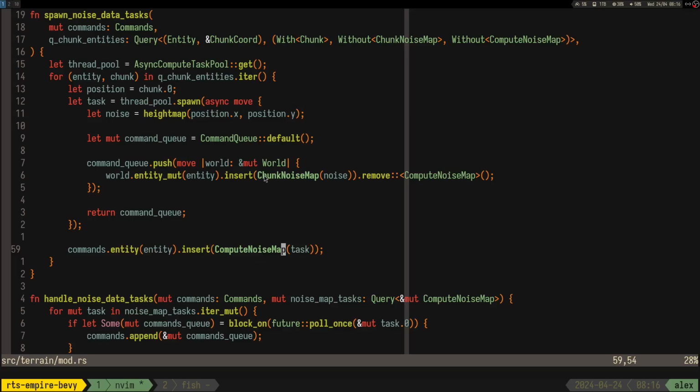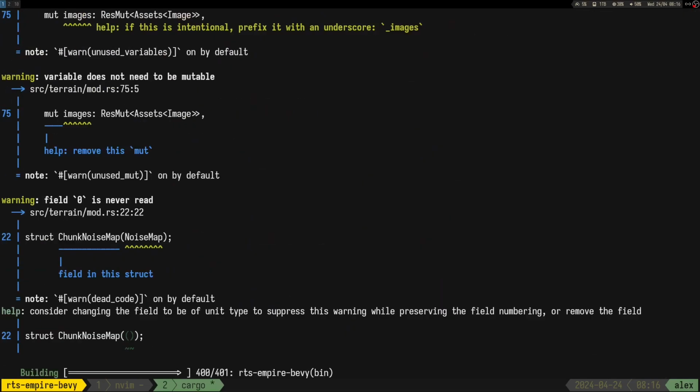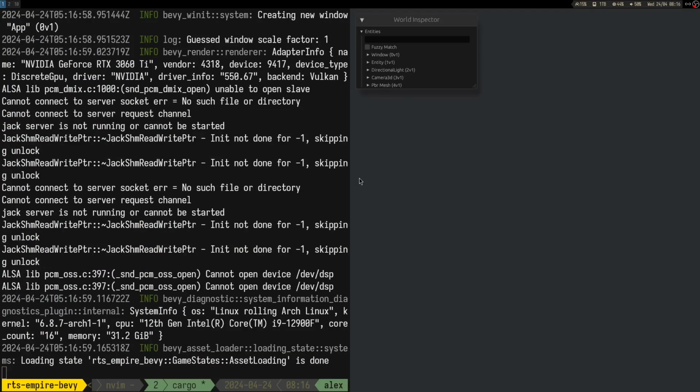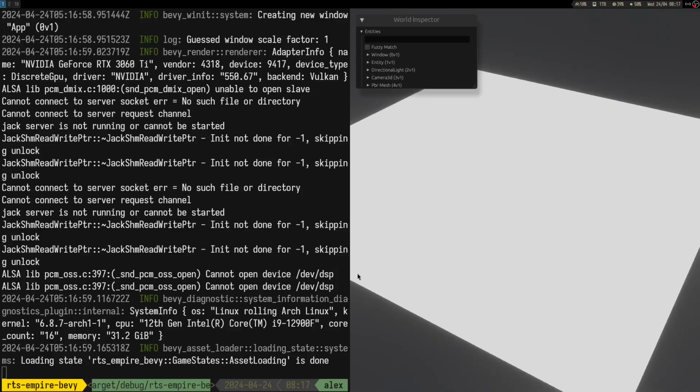And it waits to get the brand new chunk noise. So let's see again. Okay, I mean, now it looks better. We don't have those warnings,